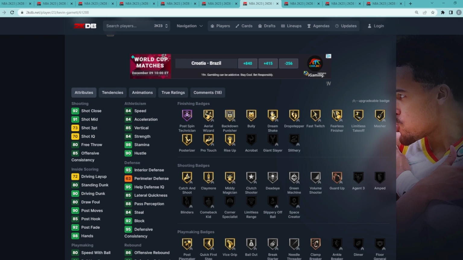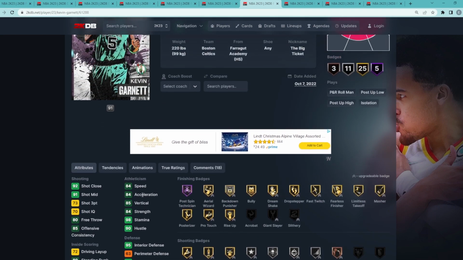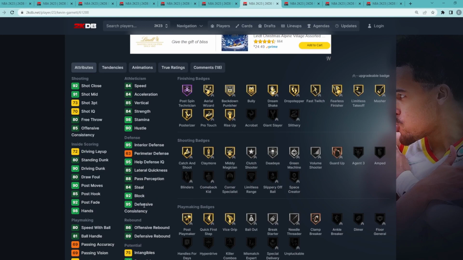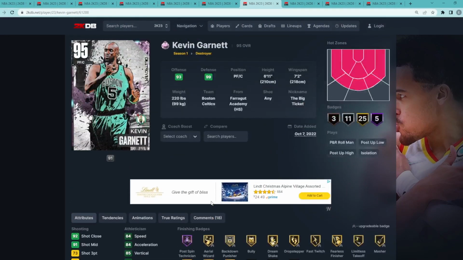He's got a 92 block, 95 interior defense, 84 steal, 85 lateral quickness, and he's going to be very fast for your center, 84 speed, 84 acceleration, and he honestly has one of my favorite jump shots in the game, at least for a center. So overall, I mean, KG, great defender, can finish around the rim, he's a great rebounder, has Hall of Fame anchor, interceptor, post lockdown, rebound chaser, and some really good goal badges. So he's going to excel on the defensive end, and I do think he's going to be pretty good on